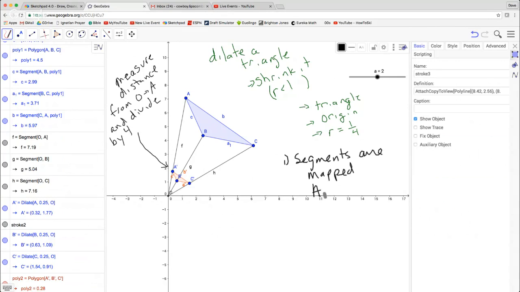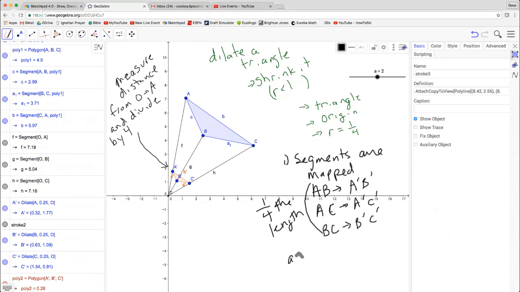We have AB to A prime B prime, AC to A prime C prime, and BC to B prime C prime. But they're different lengths. They're 1/4 the length, because we have an object that's 1/4, each side is 1/4 the length. But the angles